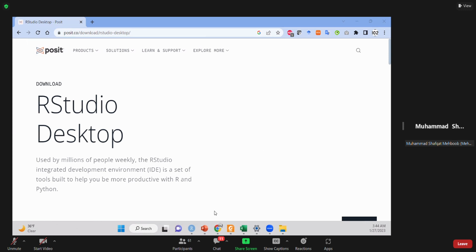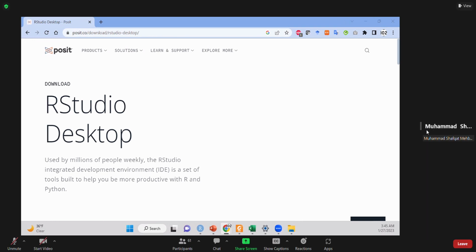I send you the web link, and in Google Space I send you the link to download it. I hope in the next class everyone will try to download it and at least explore it. So for now, I'm going to give you a little bit of introduction to R Studio,